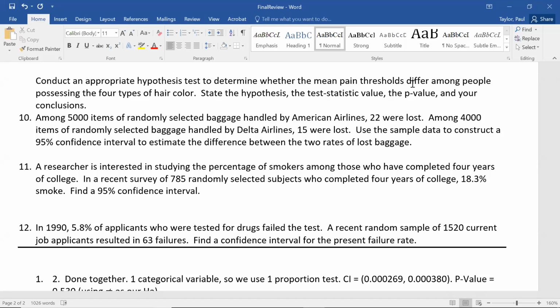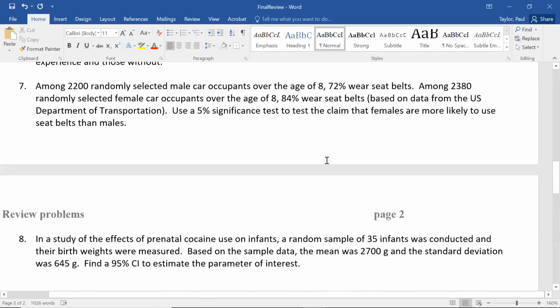So we have two pieces of information about a bag: which airline, and whether it was lost or not. So we're splitting into two groups, and then we're saying, were you lost, yes or no? So this is a two proportion setup. And again, this is kind of like the earlier question where we were asked to find a confidence interval for